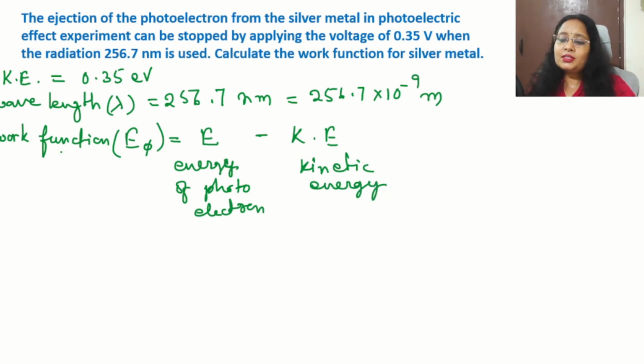Now friends, from this equation we can find the work function, as this is asked in the question. But before that we need to find the energy of the photoelectron, and we knew that the formula for